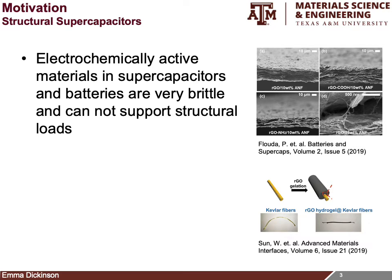The overall motivation behind this project is to be able to represent the multifunctionality of a supercapacitor that can be used for both structural and energy applications. The need for multifunctional materials comes from the fact that currently electrochemically active materials in supercapacitors and batteries are very brittle and cannot support structural loads. Because of this, structural materials are required to case devices, which adds to their overall weight. So with the use of multifunctional materials, supercapacitors can be used for both structural and energy applications, such as in